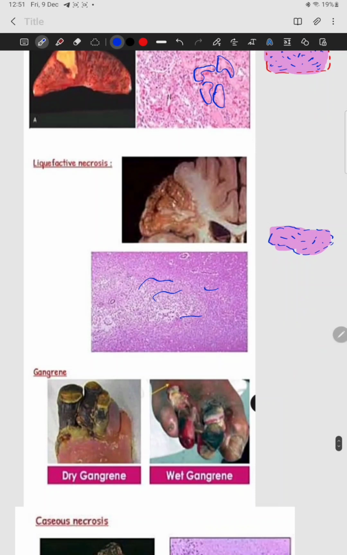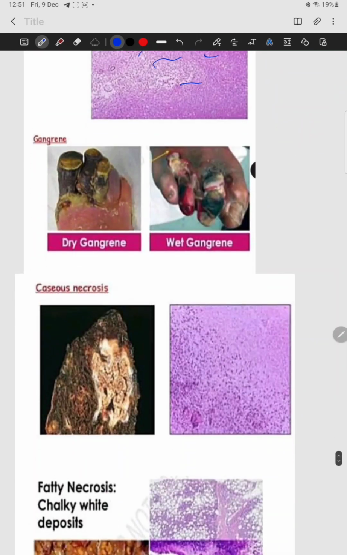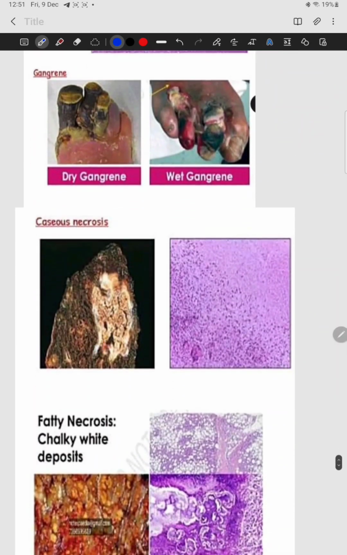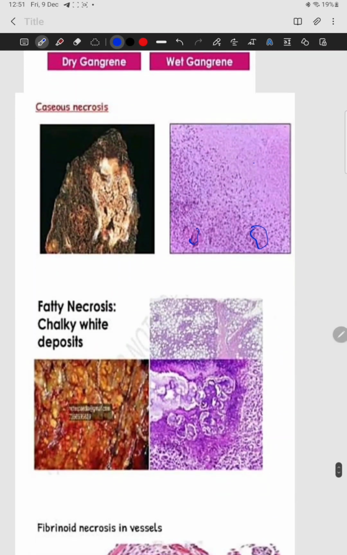That is liquefactive necrosis. And this is dry gangrene. Obviously it is looking dry, so it is dry. This is looking wet, so this is wet. Easy to remember, right? Next, you have the caseous necrosis. It is kind of a combination. As I told you, it's more coagulative. So here, as you can see, coagulative, right? But here it's liquid type. So I told you maximum it's coagulative. And it's seen in the lung, right? So this is the lung. Don't get scared, this is the lung, okay?